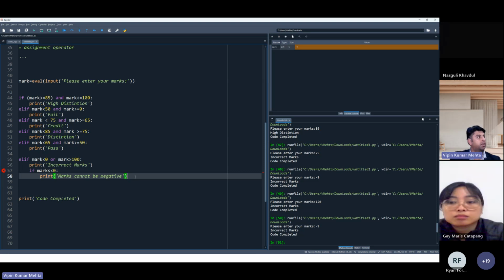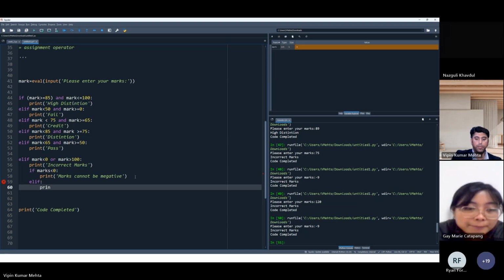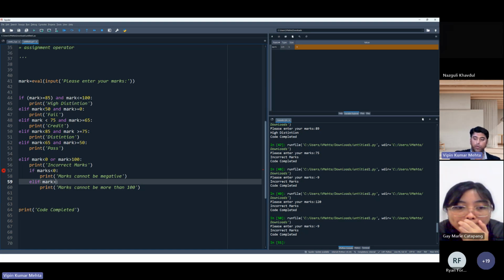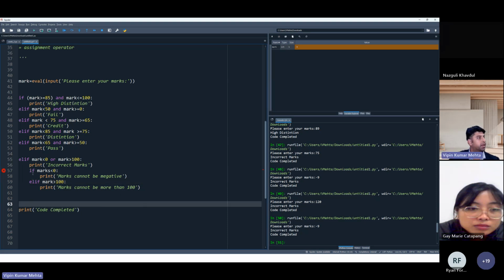And on the other hand, I will write here elif, print, marks cannot be more than 100. Now, elif, it will be if marks are more than 100. Okay,